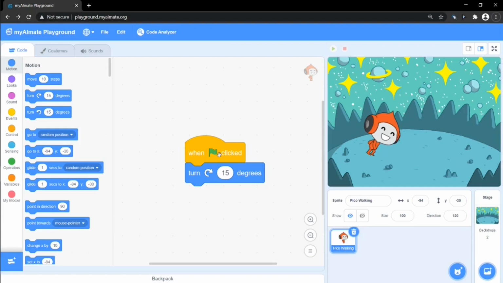As you can see, when the sprite is clicked, it rotates by 15 degrees in clockwise direction. We can also control the amount through which the sprite rotates by editing the numeric degree value. Adding a negative sign to the degree value rotates the code block in opposite direction. In this case, it rotates in anti-clockwise direction. Let's see how.